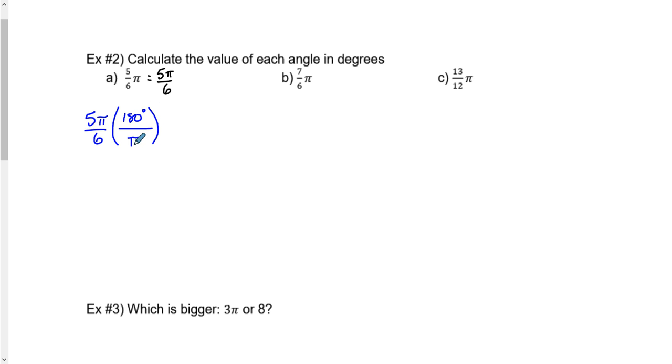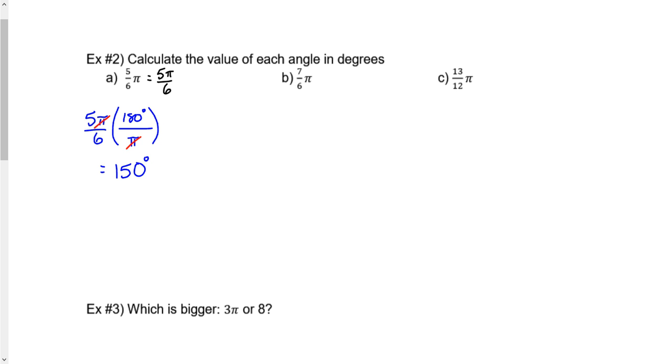I'd have my pi radians in the denominator, because that will allow me to cancel off the pi's. And let's see, 5 times 180, 900 divided by 6 should put me at 150. Yep,